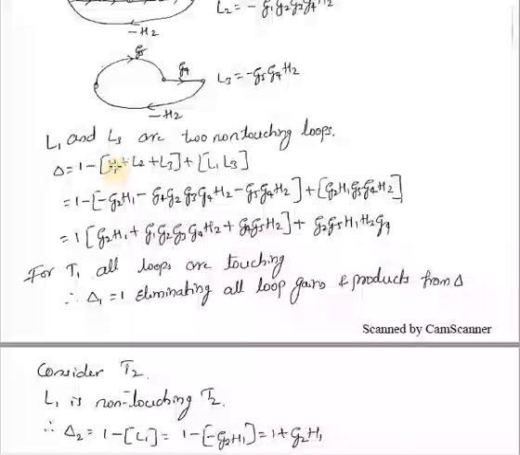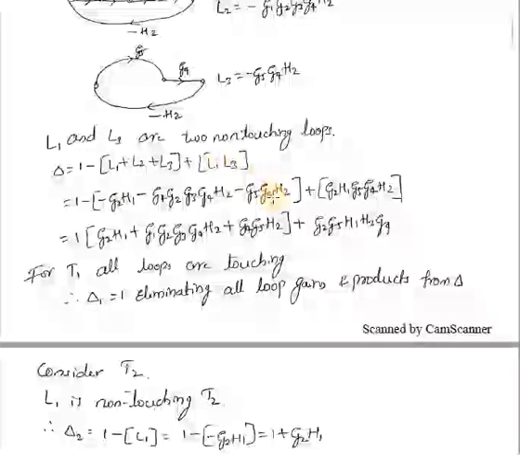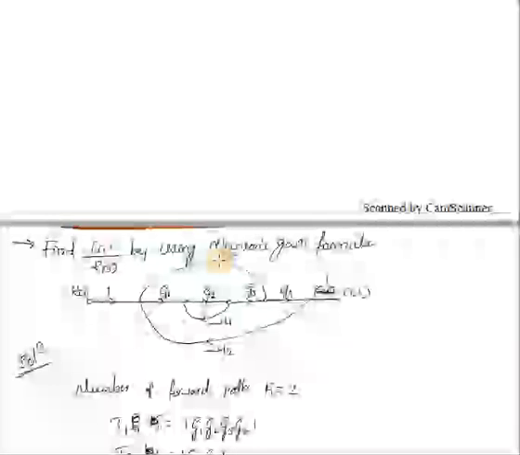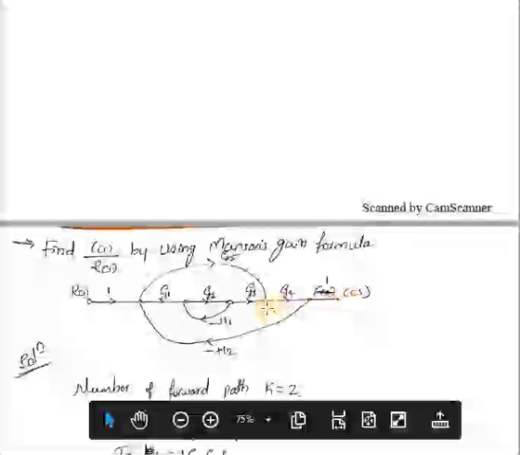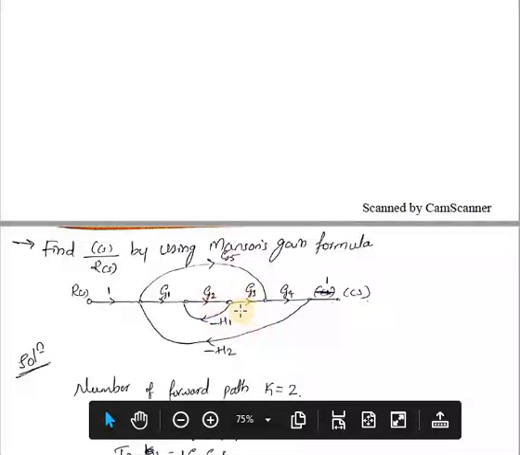So 1 minus, substitute these values, L1, L2, L3 already we have written. You will get the delta as 1 minus G2 into H1 plus G1, G2, G3, G4, H2 plus G4, G5, H2 plus this term. Now we need to find out delta 1 and delta 2. So, for T1, that is for the first forward path, all loops are touching. That means this is the first forward path and all three loops are sharing